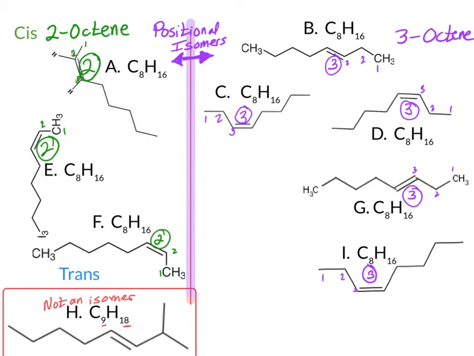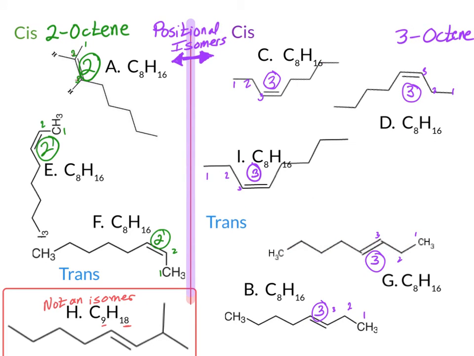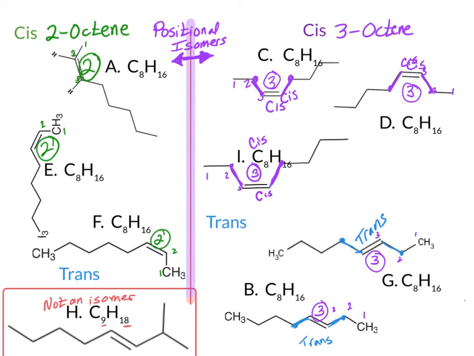Now let's look at all of the isomers of 3-octene. So again, place the ones that are cis on top, the ones that are trans at the bottom, and we will sort them out from there. And go ahead and pause the video while you do that. Okay, so you should have found that C, D, and I are all the same isomer. They are different from the others. They are all cis. B and G are each trans isomers, and they are the same as each other, but they are geometric isomers of C, D, and I. So when we name these, we know that C, D, and I are the same compound, and they are all cis-3-octene. B and G are the same compound, and they are both going to be named